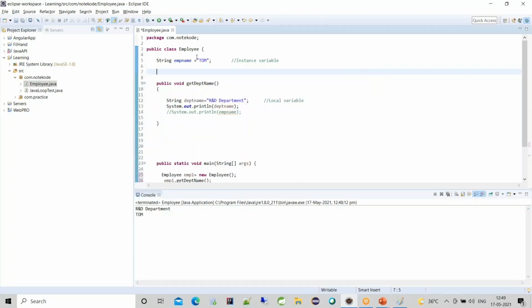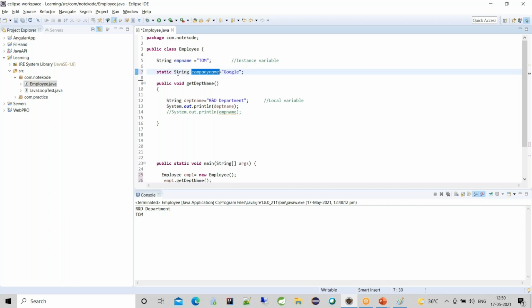So what we'll do here, under the employee class, we will create another string. An employee will be employed somewhere in a company, right? So we will make company name, let's say Google. Now the company name will always remain the same for the number of employees that are working, right? So we will make it static.